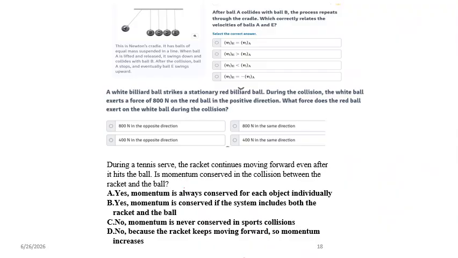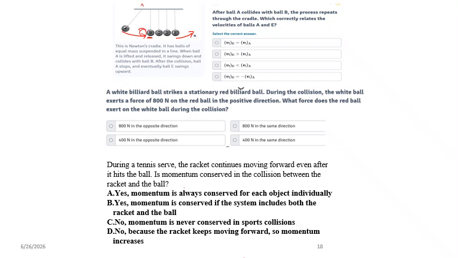See, in this question, this is the Newton's cradle. You are aware of it, right? It has balls of equal masses suspended in a line. When ball A is lifted and released, it swings down and collides with ball B. It is coming and colliding with B. After the collision, ball A stops and eventually ball E swings. As A comes, it will come to rest and stay over here, and then